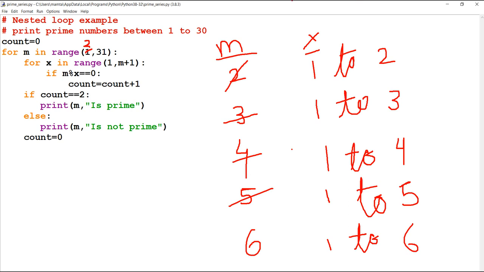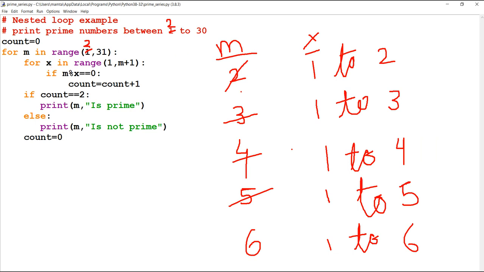Then we start the series from 2. So m is moving 2 to 31, that means between 2 to 30. We can check the prime numbers from 2 to 30, or you can include 1 also, but for 1 we'll write a special condition: if the number is 1, then it is neither prime nor composite.